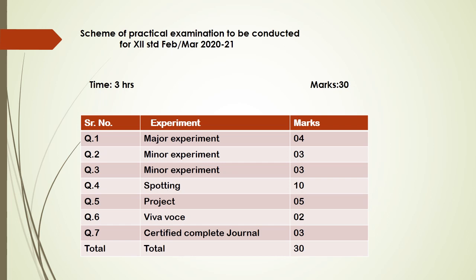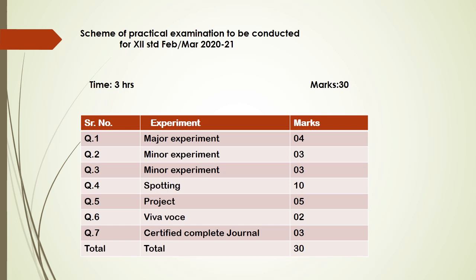The second question is a minor experiment for 3 marks, which has to display the floral whorls. Take TS or VS of ovary showing the chamber, sketch and label again. Or a temporary preparation to show the pollen grain or population density. One of them is definitely going to appear for your practical examination. The third minor experiment is a suitable test to compare the water sample, soil sample or leaf samples, of which one is going to be there, where a diagram may not be there, but a chart may be expected of you. On the main sheet which is provided to you, you will be performing all 3 practicals.